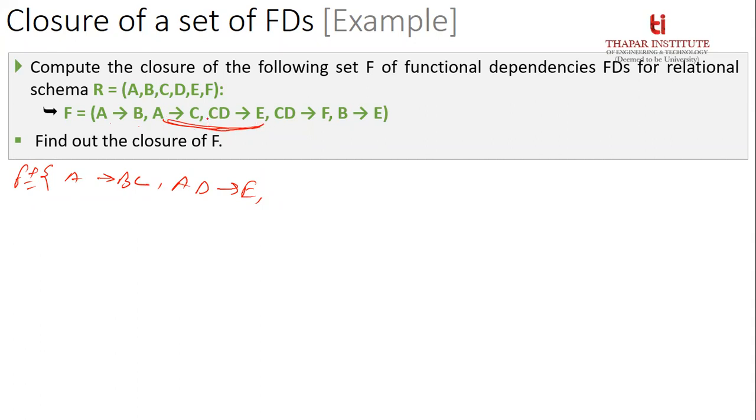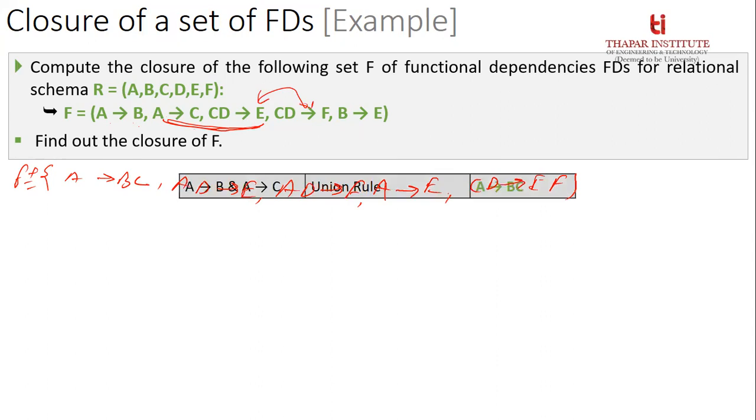और AD tends to और CD tends to F है तो AD tends to F भी आ जाएगा. E tends to B है तो AB और A tends to E भी आ जाएगा. Is it okay ना? और CD tends to EF भी आ जाएगा. Okay, from these two. Okay, so these dependency you can identify.